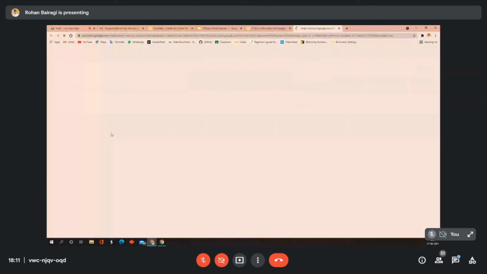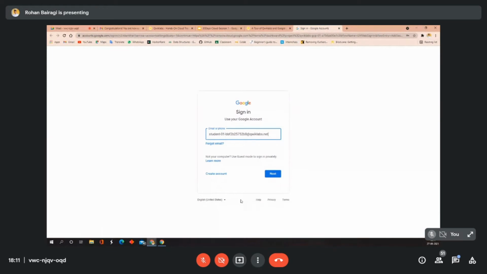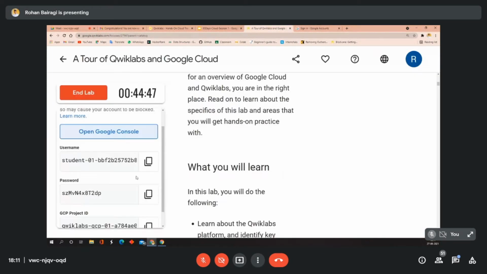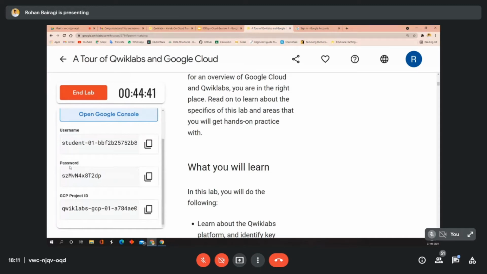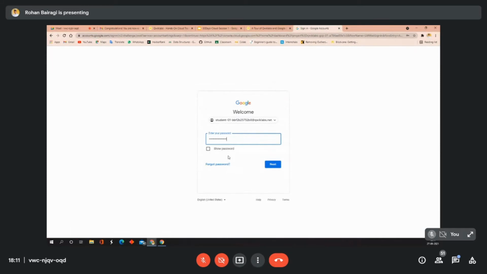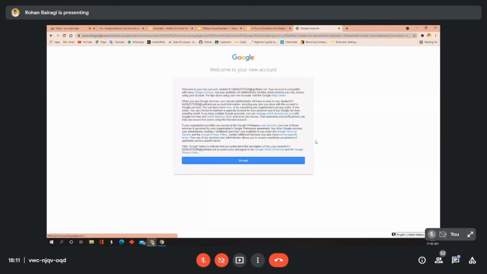It will take you to a new tab, and then click Next. Here is a section called Password. Just copy it and paste it in the new tab. And then click on Accept.